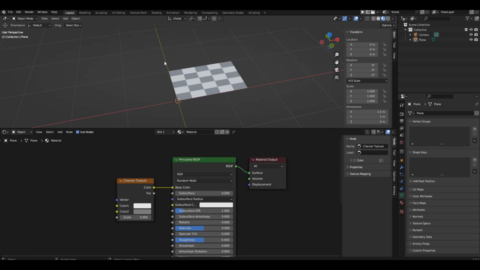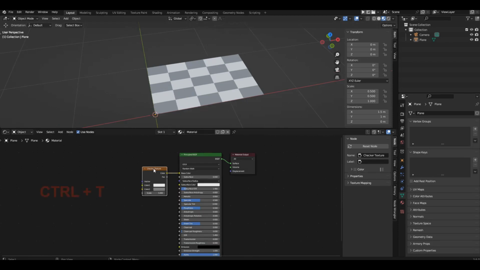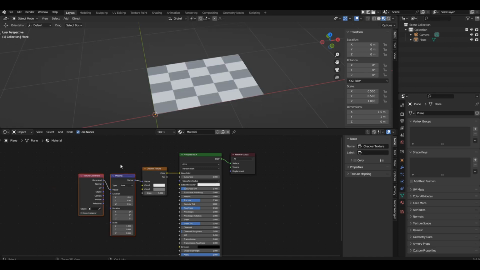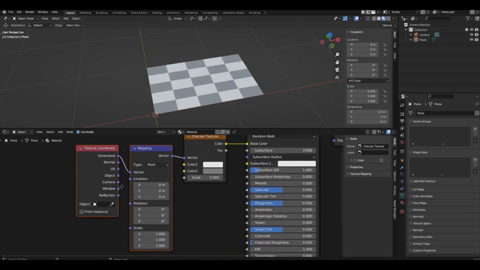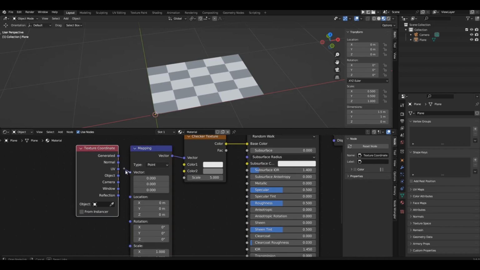First, we need to determine the coordinates for our texture, to what they will be anchored. Let's select the texture node and use the magical incantation Ctrl-T. This will create two more nodes. In the far right red node named Texture Coordinates, switch the output to UV. Like this. Having trouble pulling the hose out of the socket? Well, then, let's take a look.